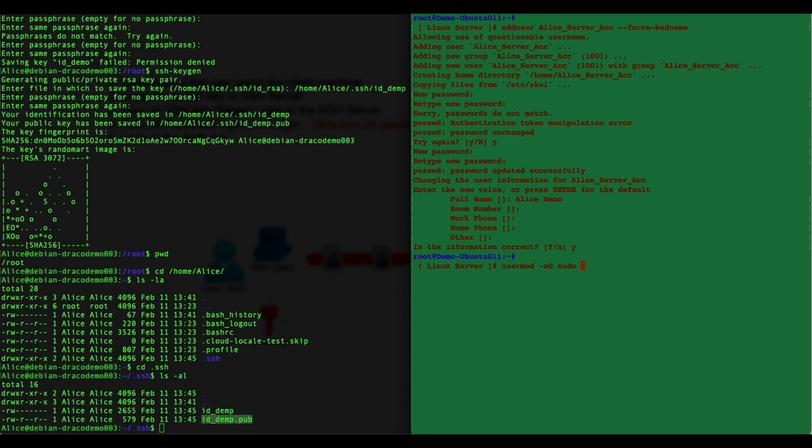So we're not going into the detail of hardening and securing your Linux or SSH, but just general good practice to create a user with a suitable permission, and then use that to do your privileged commands or configuration. Okay, so I'm going to add that, and then let's switch over to